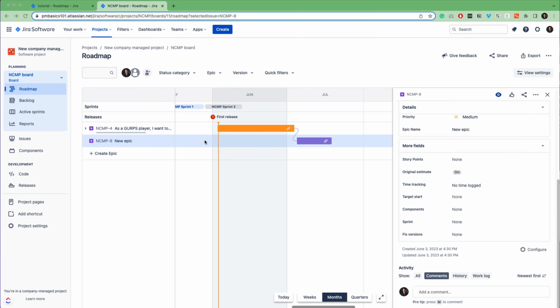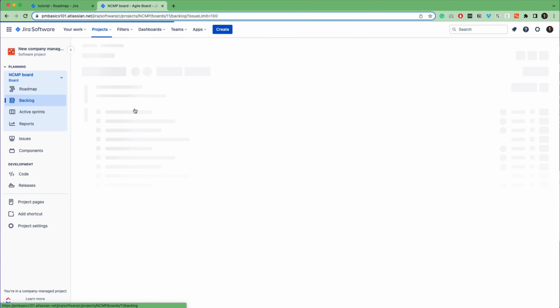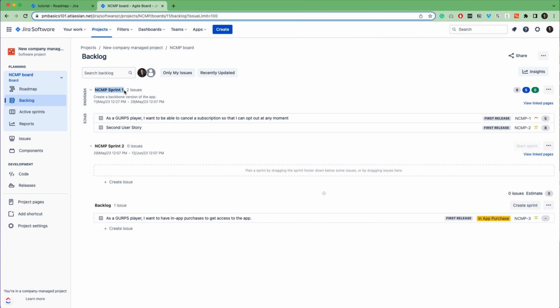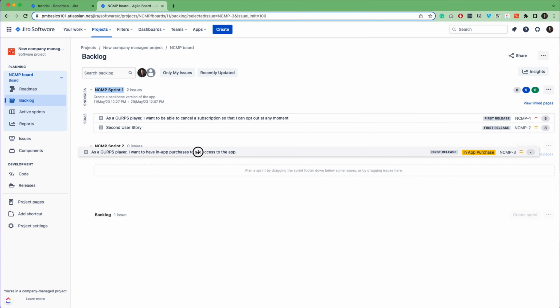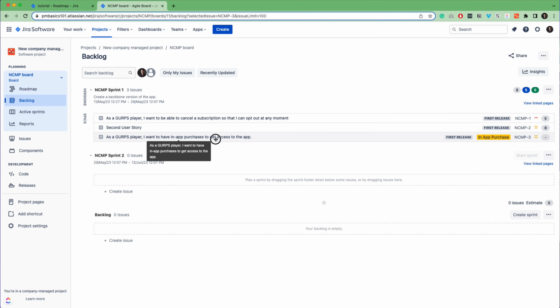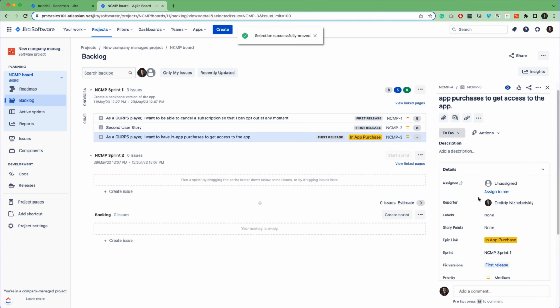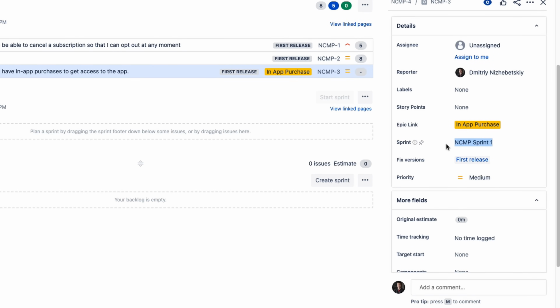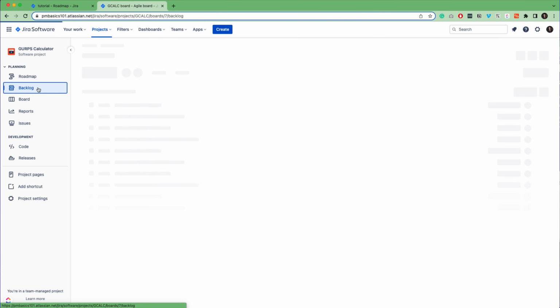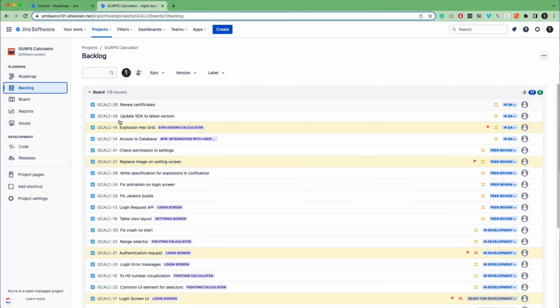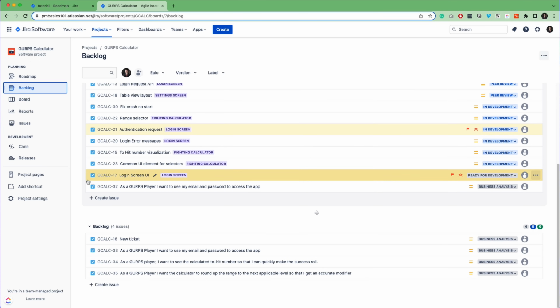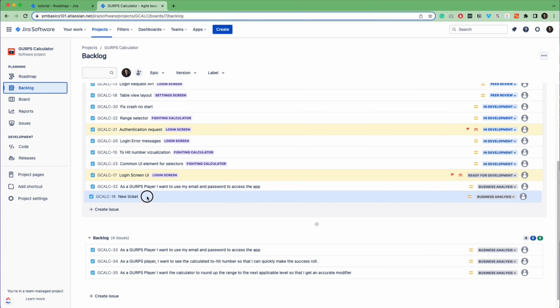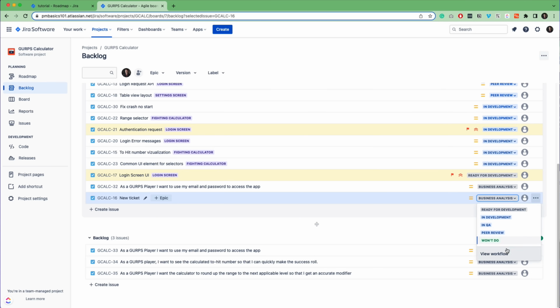The backlog section allows you to prioritize work items and plan sprints based on your team's capacity and goals. But again, Jira uses and adjusts information inside an issue. So if, for example, you assign a user story to a sprint, Jira will add the sprint name in the corresponding field. The backlog looks slightly different if you use Kanban, but the main functionality stays the same. The difference is that Kanban backlog mainly relies on status of an issue instead of the sprint.